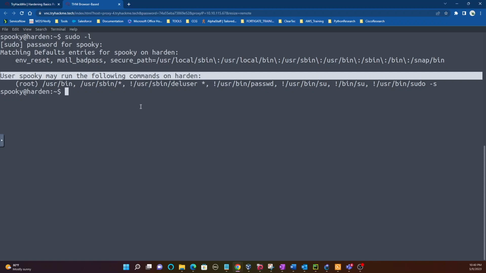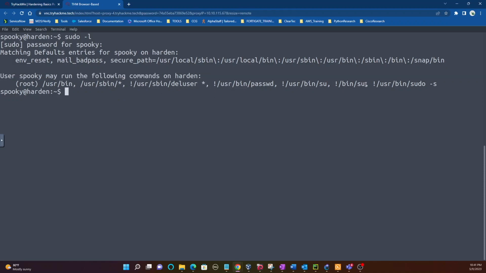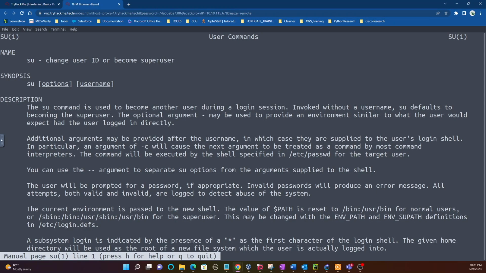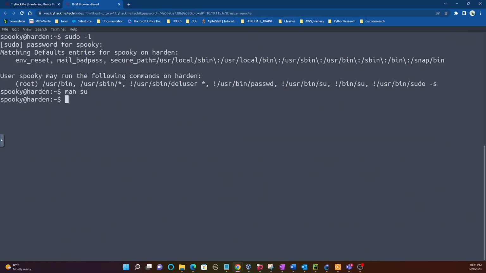So for this task, again, as we can see, we can't run certain commands. I want to focus on this command right here, which is the su command. So we do a man su, change user ID or become super user. So that's what that command does. And we don't have access to it because we know that from that character right there. So what you want to do, we'll just double check we don't have access, right? We get this message, sorry, user Spooky is not allowed to execute